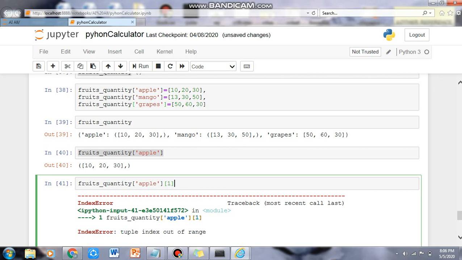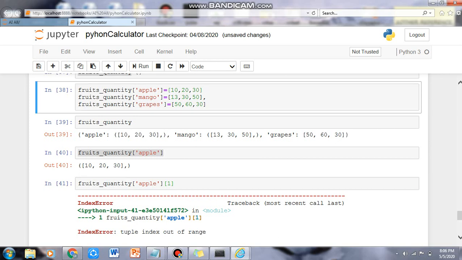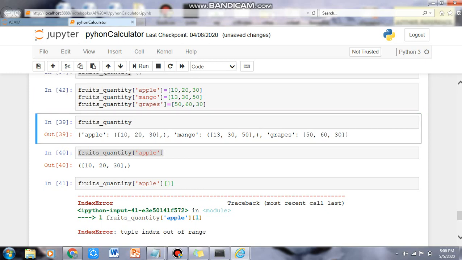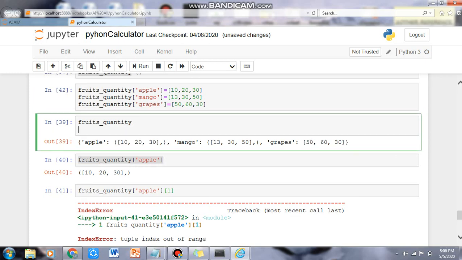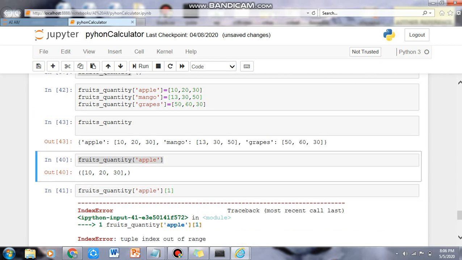Tuple index not in range. That shows, okay, the commas should not be there. So we press shift plus enter, and we'll update. If we make any changes above, we have to run all the cells so that those changes can be reflected, and then you can see the changes now.